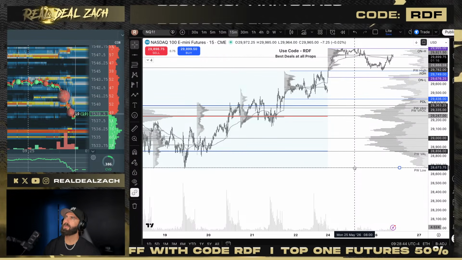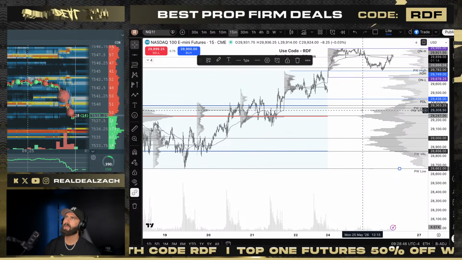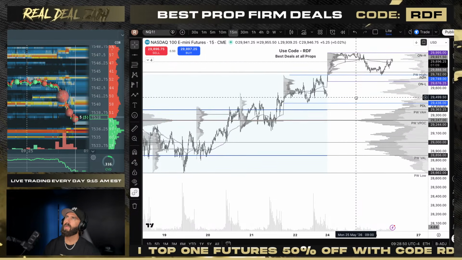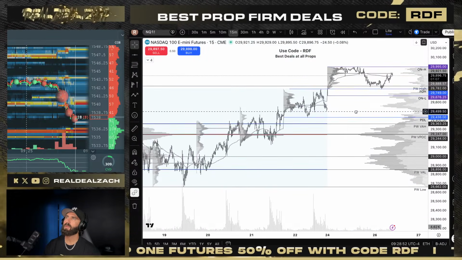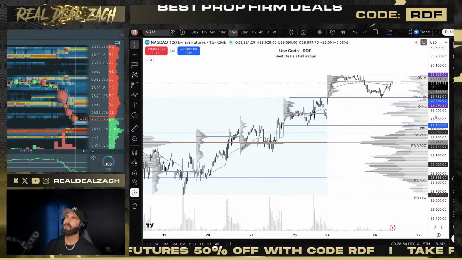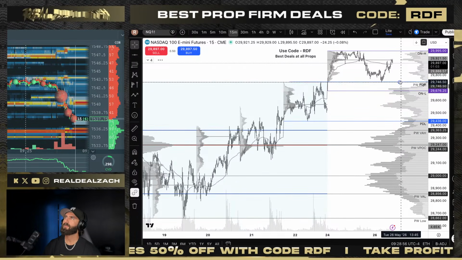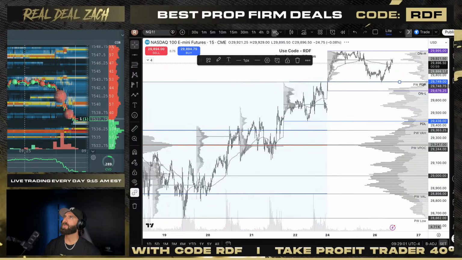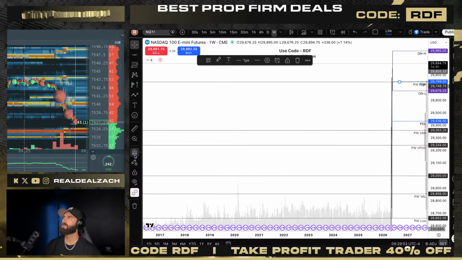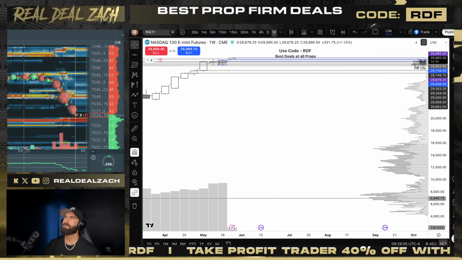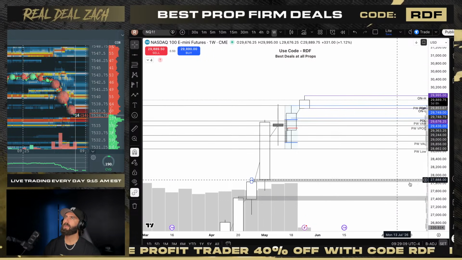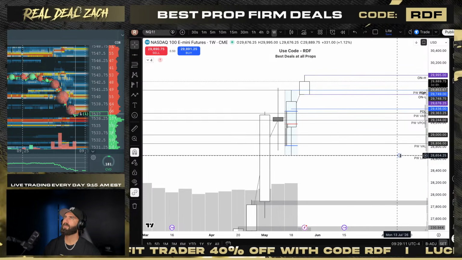We got our prior week low, which I'm going to tune up right there, and we got our prior week volume point of control right here. And where's prior week high? In here. Let's go out to the weekly real quick, tune that up. Sorry guys, I'm going to make this quick, but this is the full chart markup from the beginning.